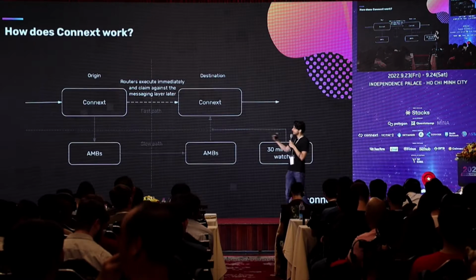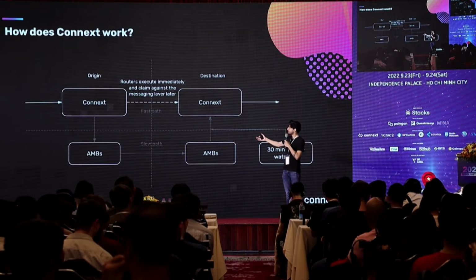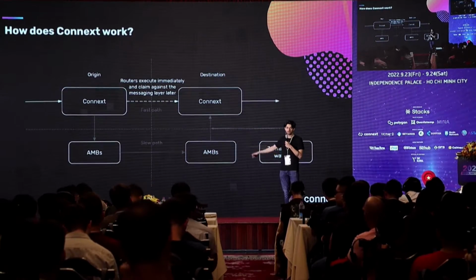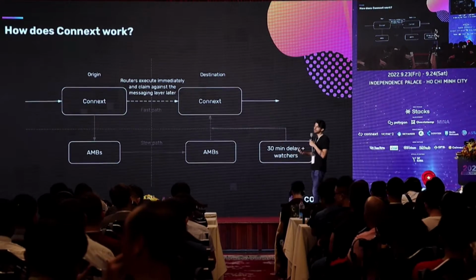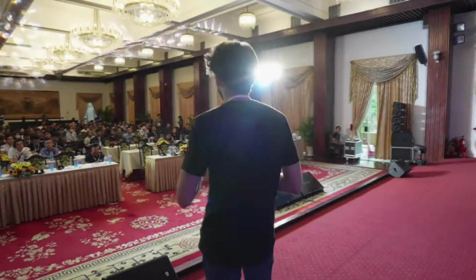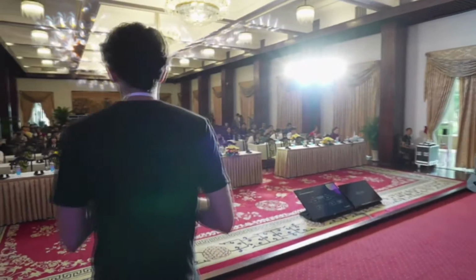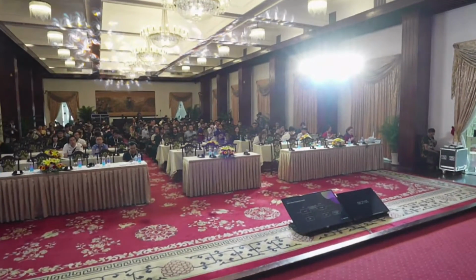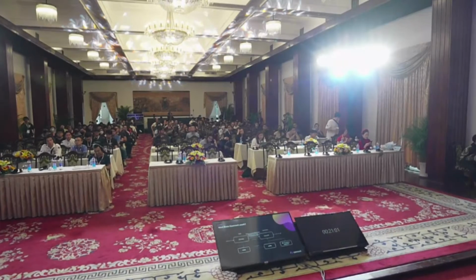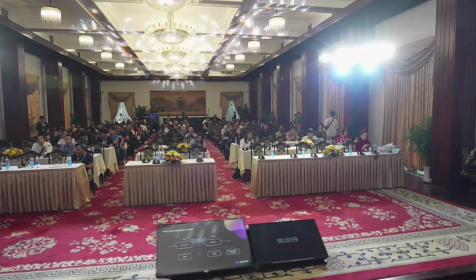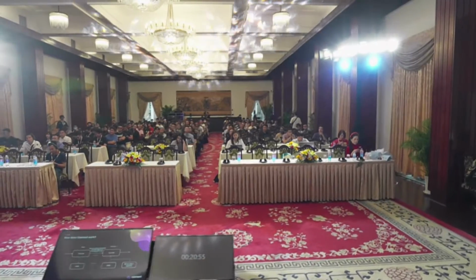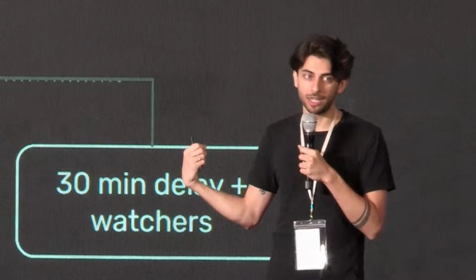So we have what we call an execution layer that sits on top of this lower level ecosystem of bridges. And that execution layer allows you to make transactions happen quickly. Because as a user, you don't want to wait for 7 days for your transactions to go across chains in the first place. And so our execution layer just makes the transaction happen immediately. This happens through a network of off-chain actors called routers. And those routers are then repaid over the slower AMBs.